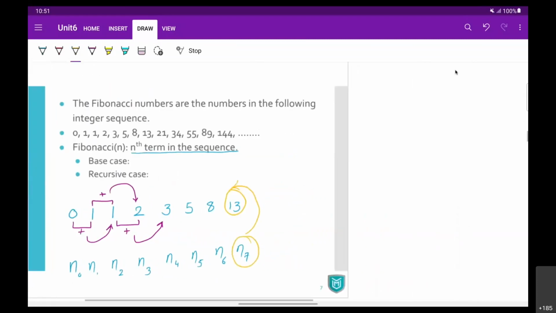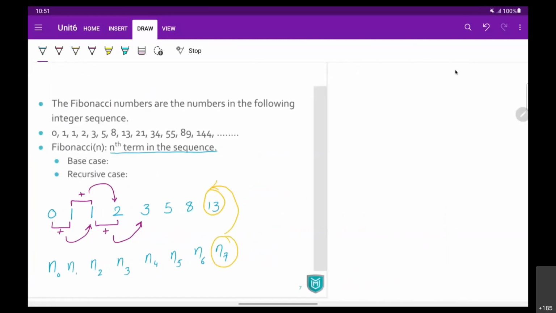So we can say that, okay, if you want to find out seventh term, then it is nothing but actually the addition of fifth term and sixth term. Fifth and sixth term addition, you have to do it.